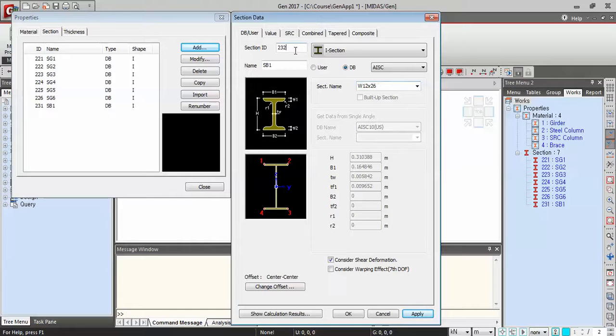Next, section ID number 241, we will name it SG1A. Section name for this section is W12 by 53. Click on apply, and our last section finally we will be naming it section ID 243. It's SG3A AISC. Section name is W24 by 76. And since this is the last section that we will add in our work, then we can just click on